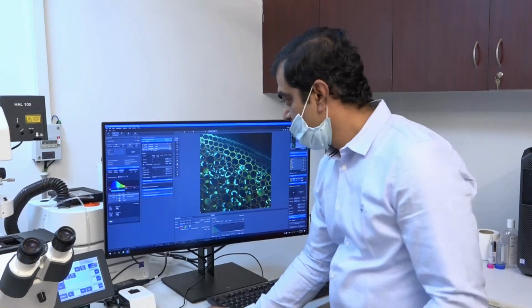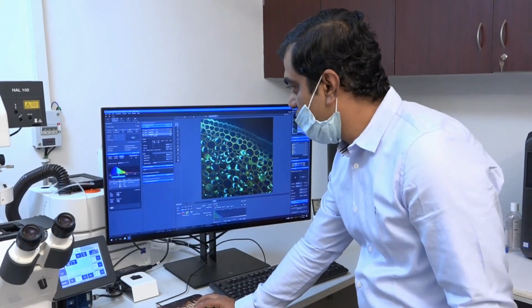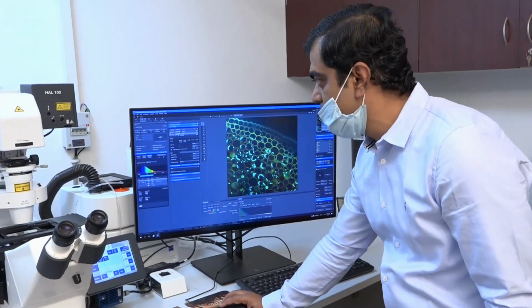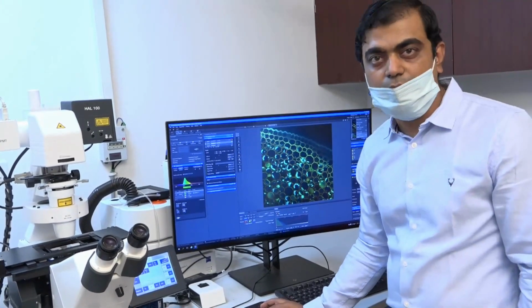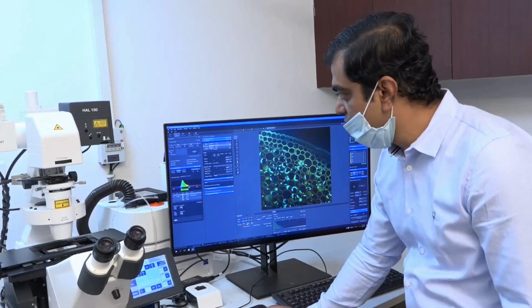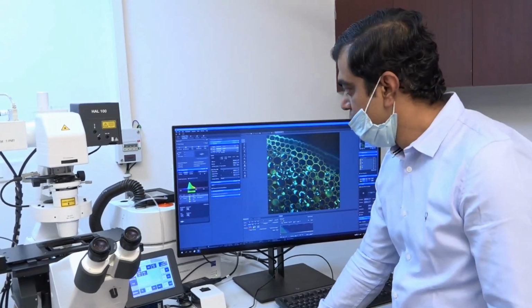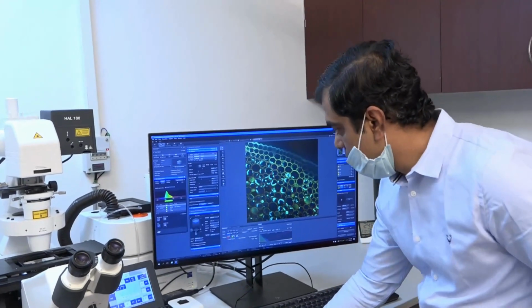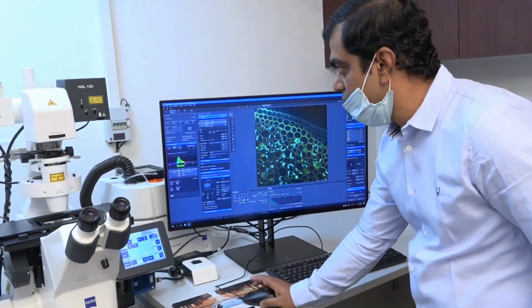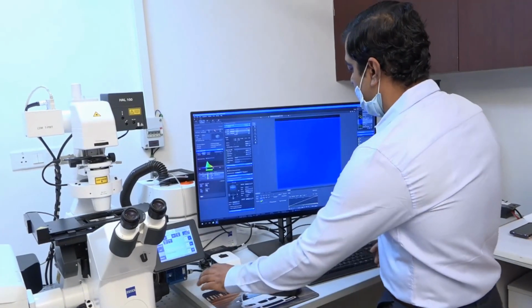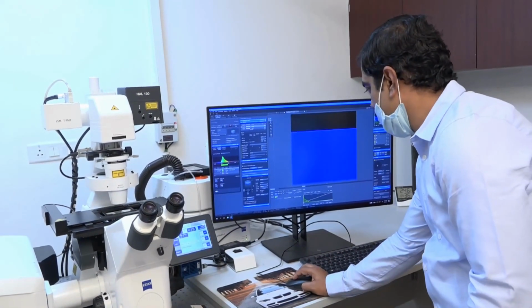So how do we do it? We have optimized these three channels. So once we have optimized, we will just take one channel, one track, and based on that we will select the Z stack. So in the Z stack, this window opens up. In this window, we will go in the continuous mode and try to see what the focus of the sample is.